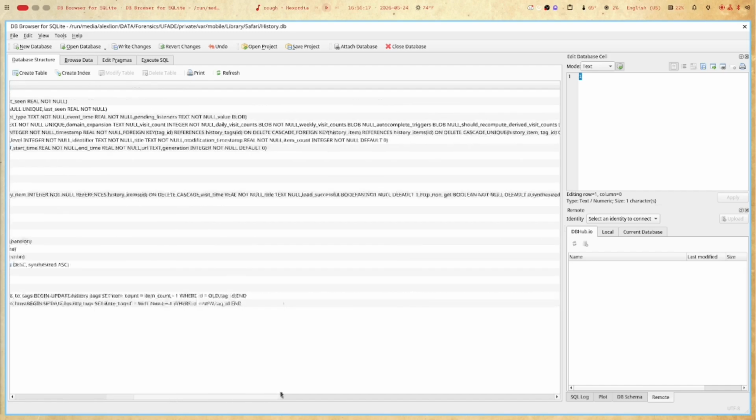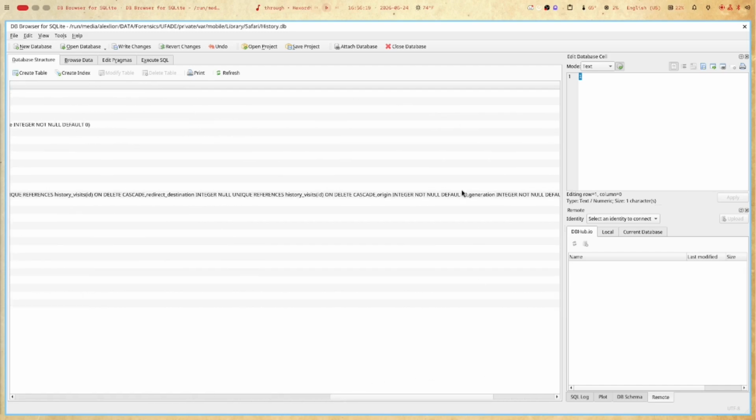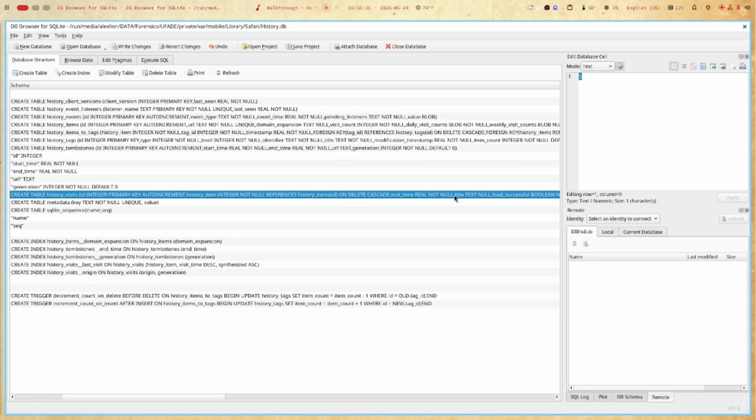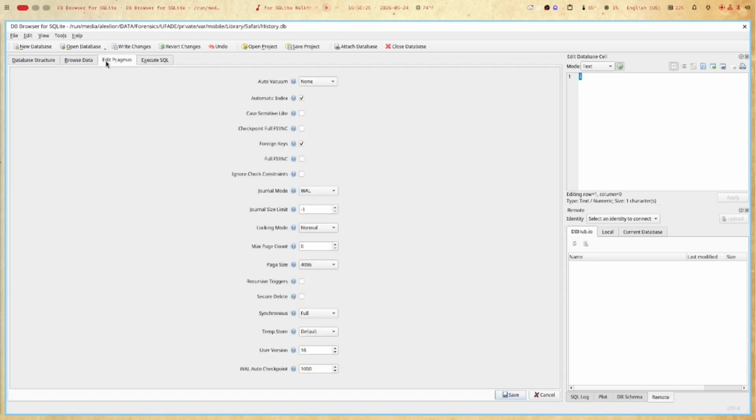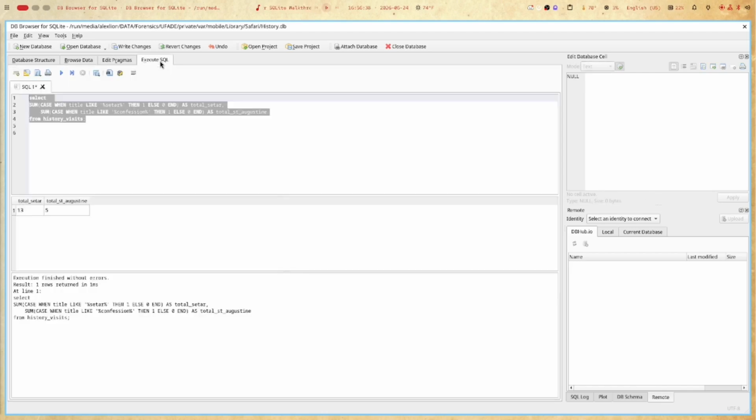And all of the data that they have so that you can see everything. And then edit pragmas, you can edit the pragmas, which is something that I haven't gotten into yet and that I don't think is really necessary for our forensics duty. And then this